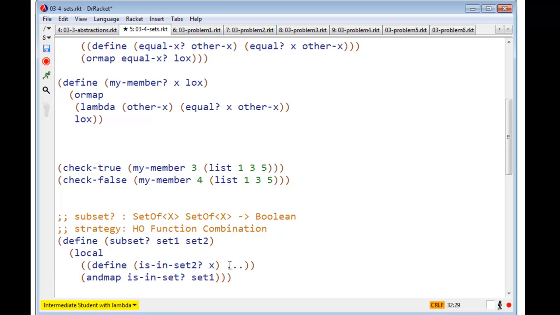So now all we have to do is define is in set 2. How are we going to define is in set 2? My member! Yeah, we just did it! You don't have to think about it anymore. That's the whole point of this game. You do it once, and then you use it, and you don't have to think about it. It's all about making your life simple. All right, say my member